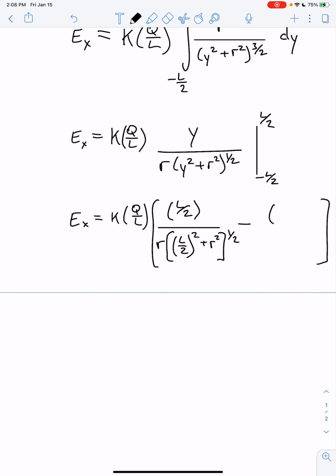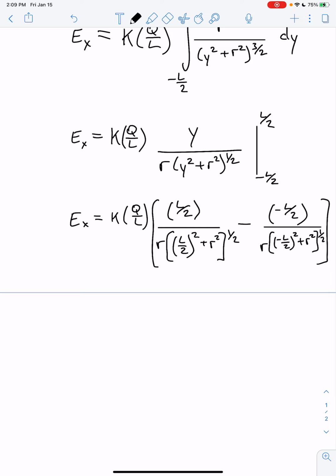This will be minus L over 2. It'll be R, minus L over 2 squared plus r squared to the 1/2. All right, and so